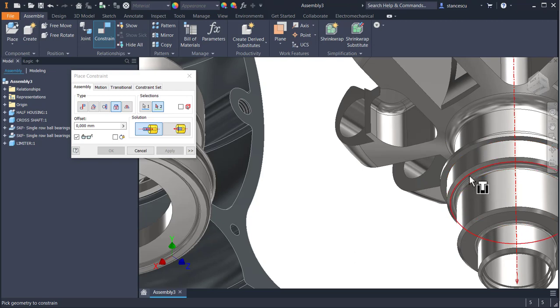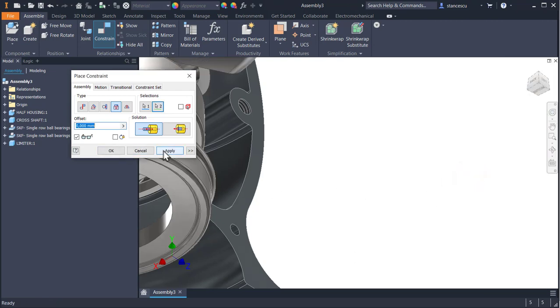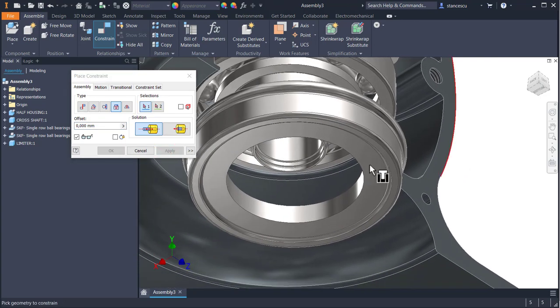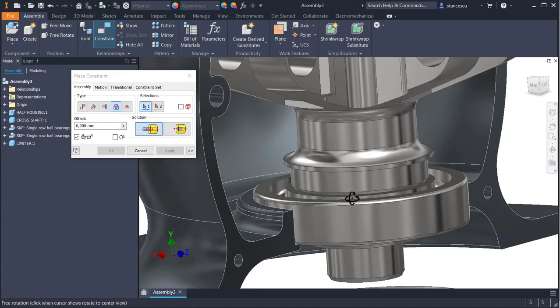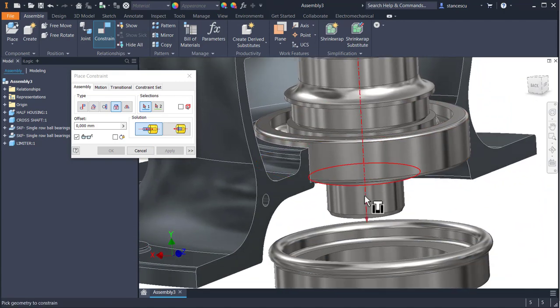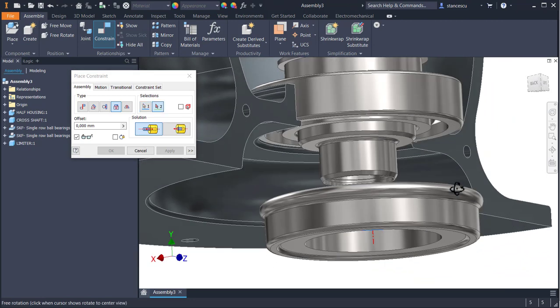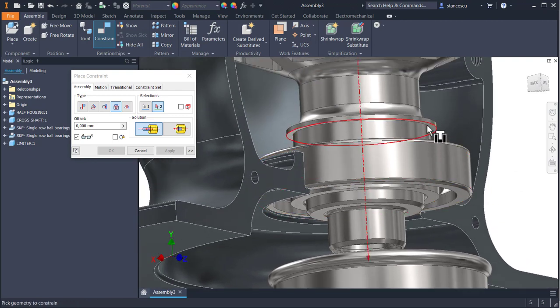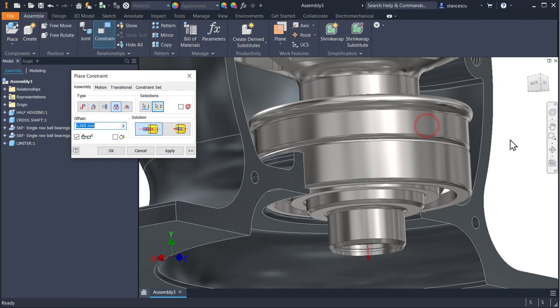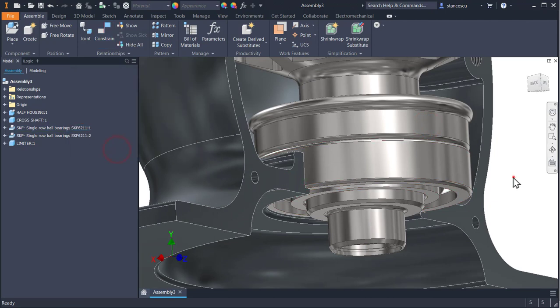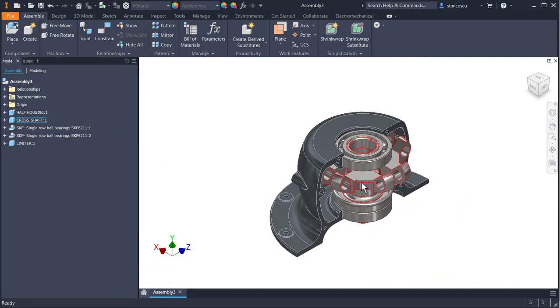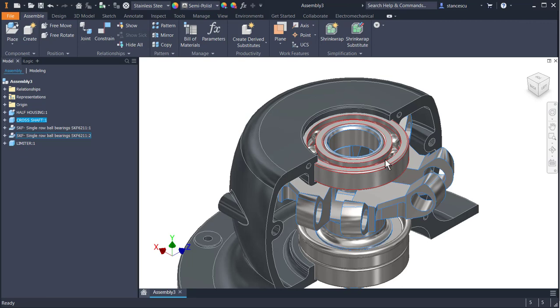And the cross shaft with the ball bearing on the housing. Now we have the same constraint of the limiter to this circle. Okay, F6. Now we see that this is the only movement, but we want to move also the ball